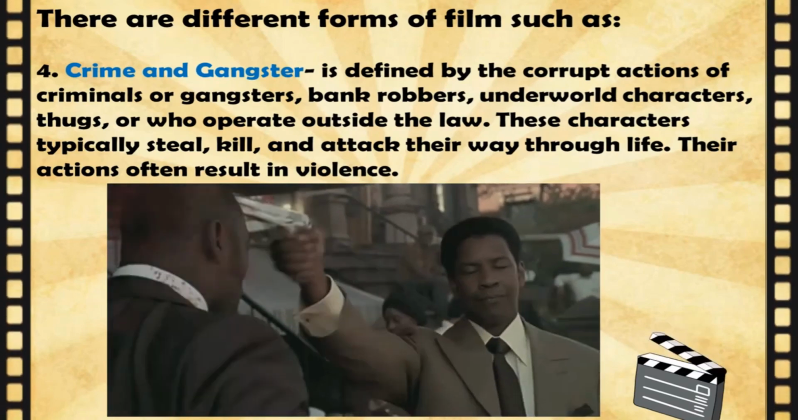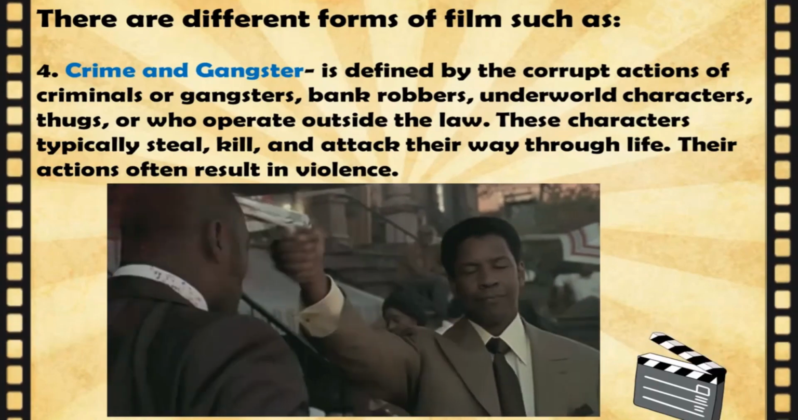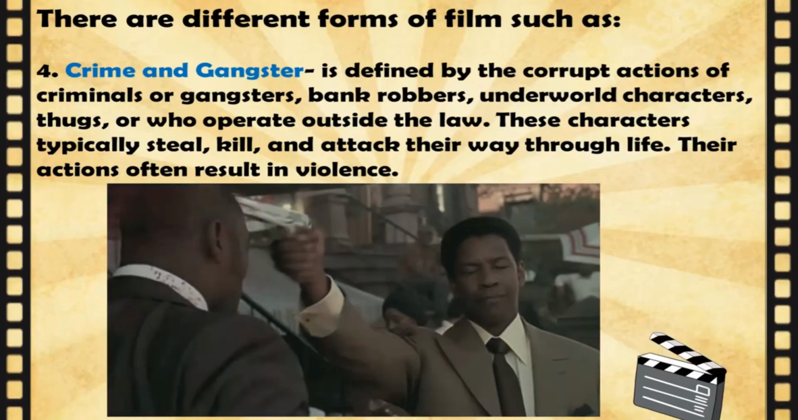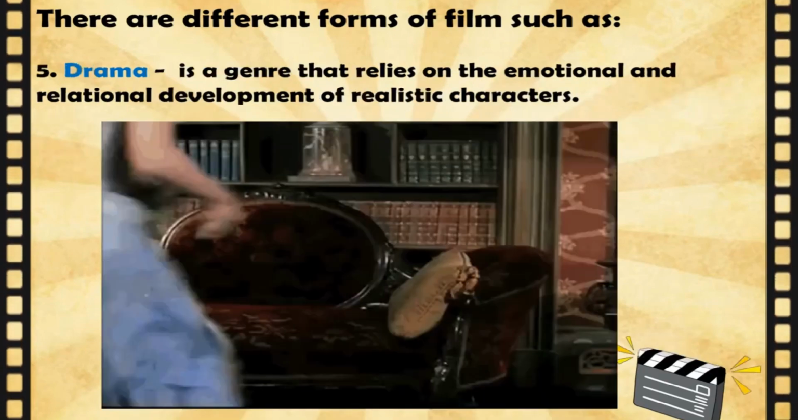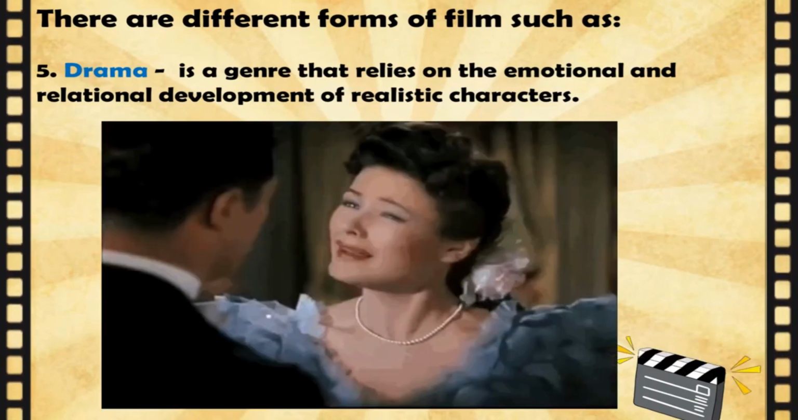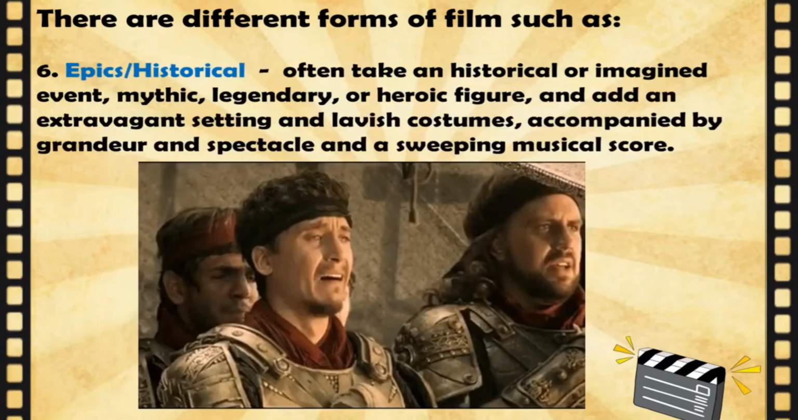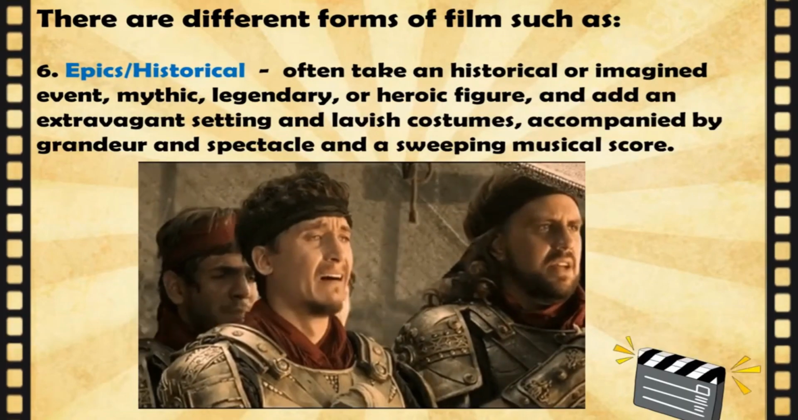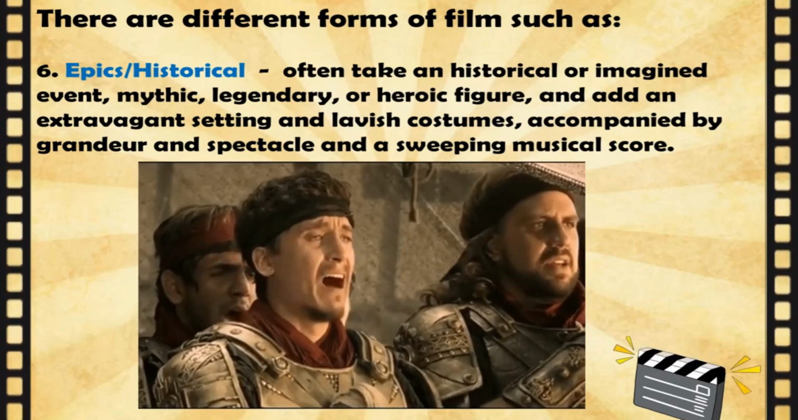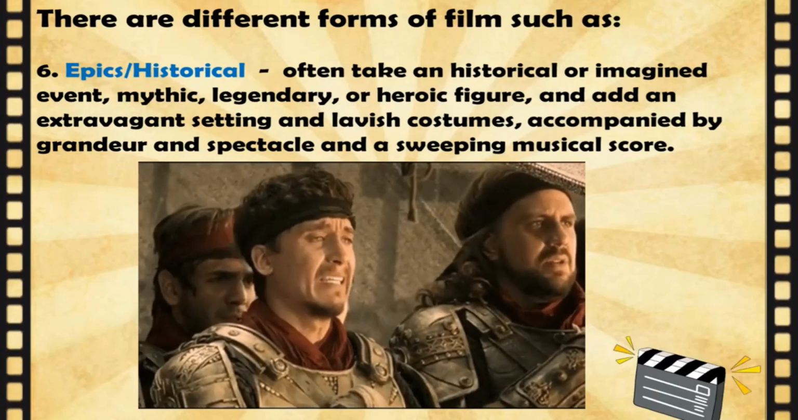thugs, or who operate outside the law. These characters typically steal, kill, and attack their way through life. Their actions often result in violence. Number 5. Drama is a genre that relies on the emotional and relational development of realistic characters. Number 6. Epics or historical often take an historical or imagined event, mythic, legendary, or heroic figure and add an